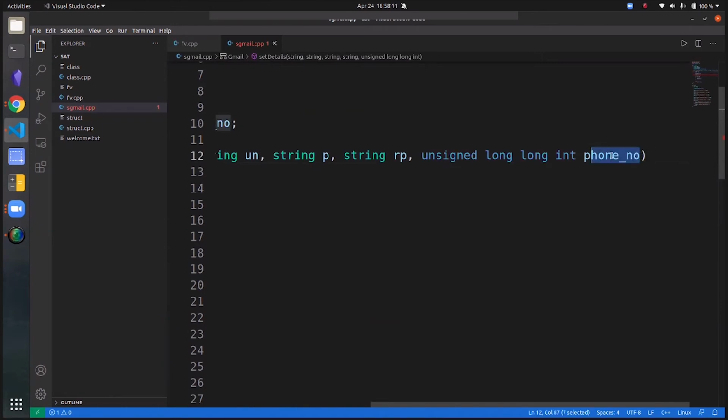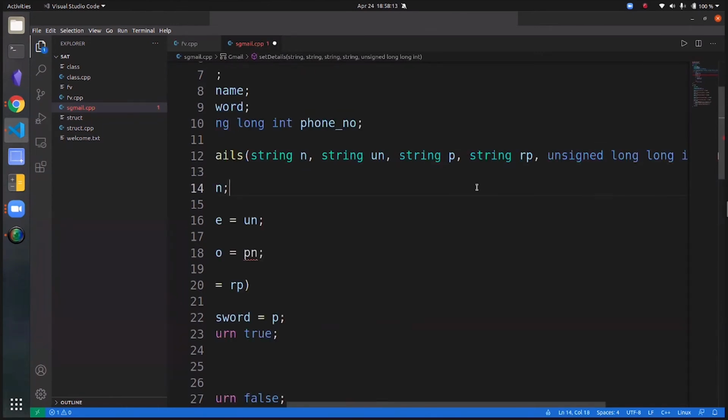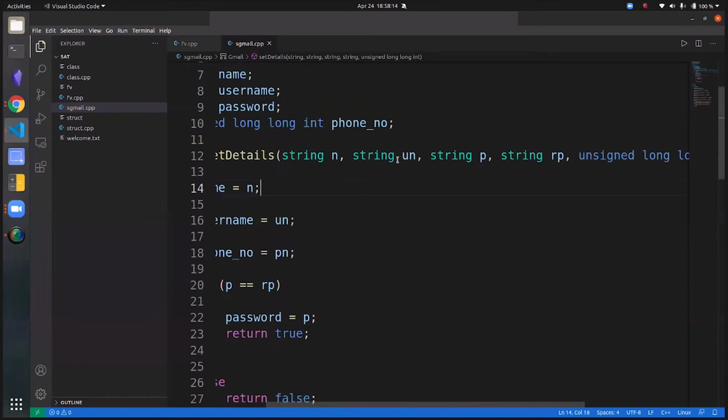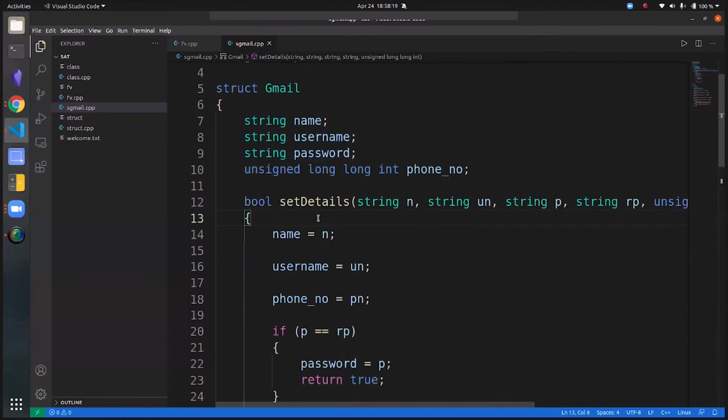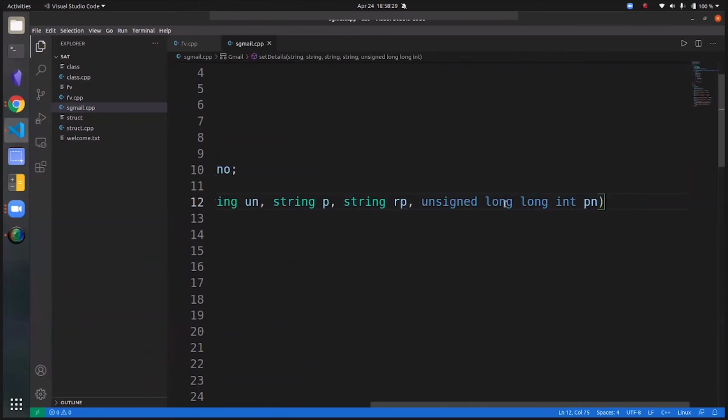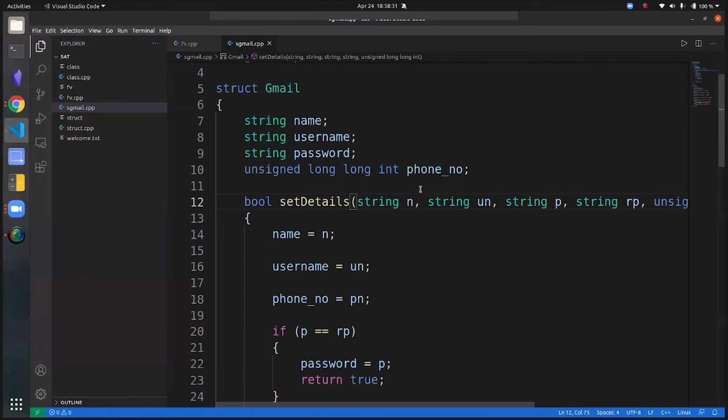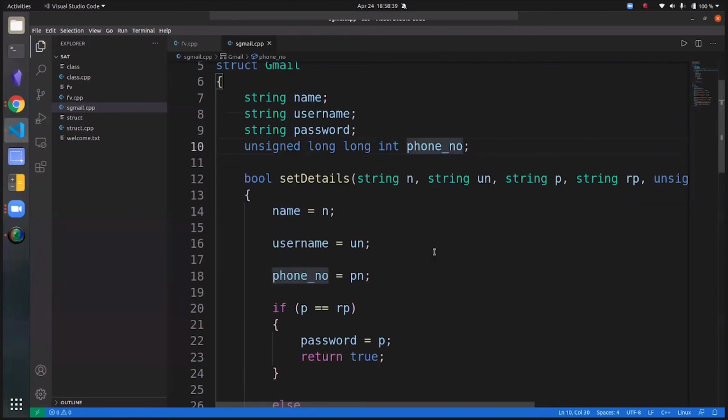What this member function does is it will accept these variables as the parameters: name, username, password, the password repeated again, and the phone number. And it will store these details inside the member variables: the name, the username, the password, and the phone number.